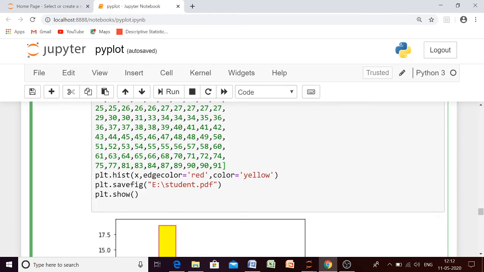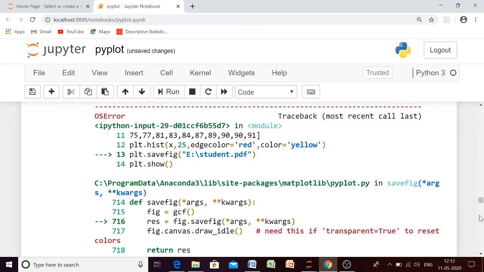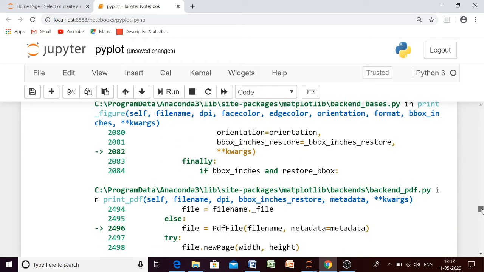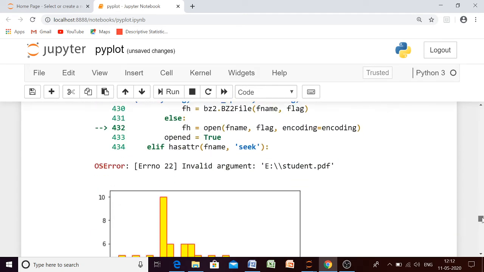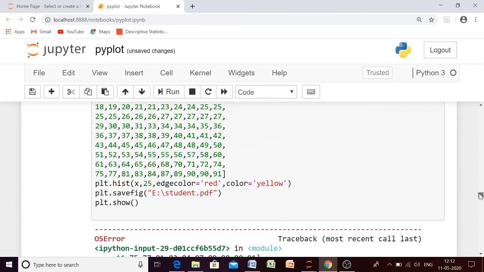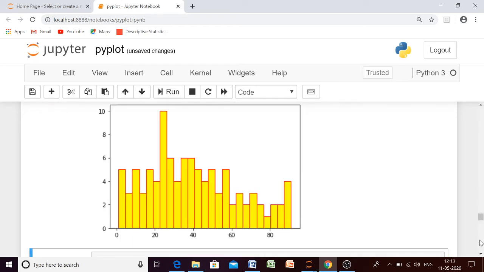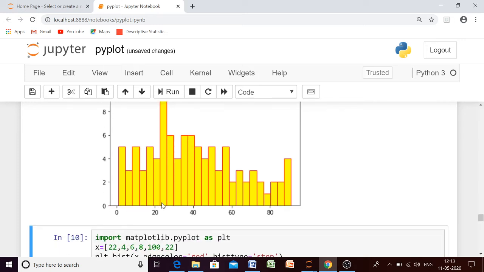One more thing, if you want to change the number of bins, suppose I want to give 25, then we will have 25 different intervals. Let us execute this one. Now see here, we have 25 different intervals.